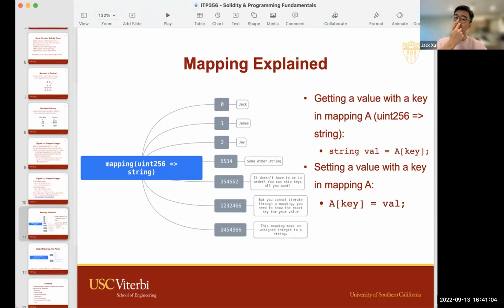Now, if you didn't understand what I said, don't worry about it. This is more for deeper understanding, if you're coming from other languages, like basically all other languages, you're able to iterate through all the available keys, or sometimes all the available values, all right? You can even flip a mapping in other languages. Some languages call it a dictionary or something. But in Solidity, you can't do that, okay? I was just comparing it with other languages. Don't worry about it.